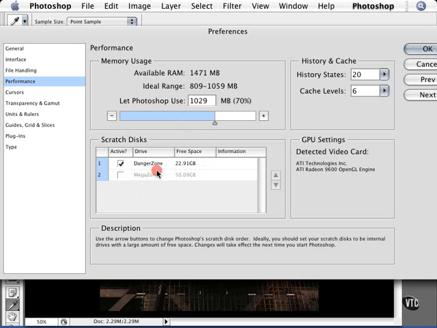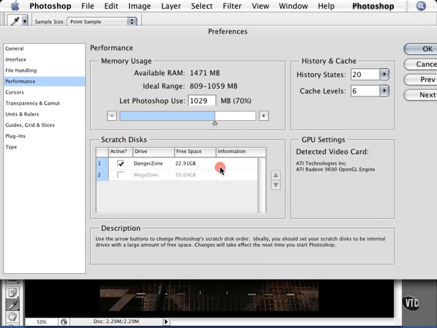It's a little slower, of course, than physical RAM because it's not really RAM, it's your hard drive, and Photoshop using that to calculate the math, but it is an option nonetheless. And as you see here, I have one of my hard drives called Danger Zone, and on that hard drive it has 22.91 gigabytes available, which is a lot of space, and I have this active. So in the case that I'm doing some absolutely insane Photoshop work and I have all kinds of special effects and my RAM does run out, Photoshop will then switch to my hard drive and use this available space to